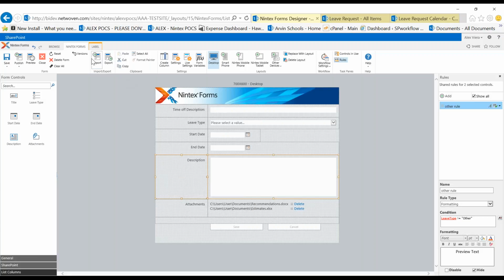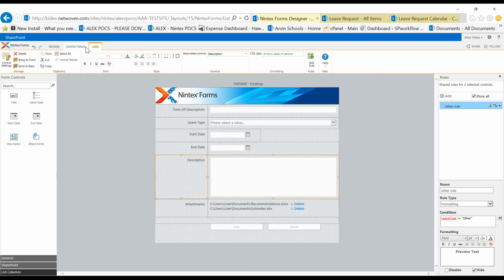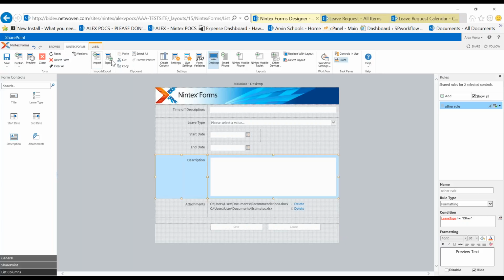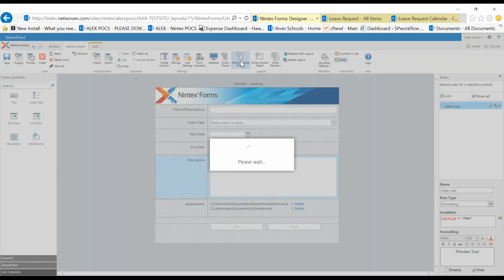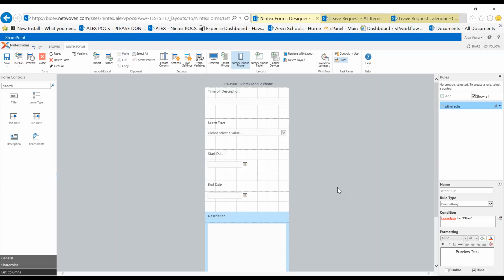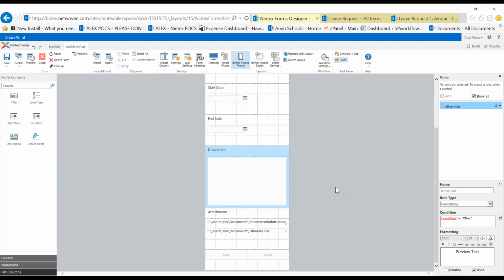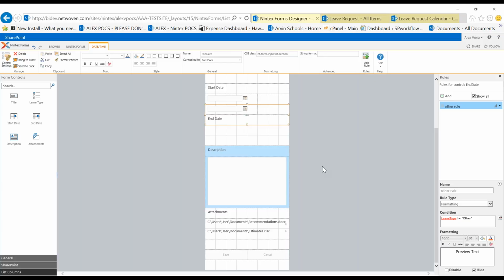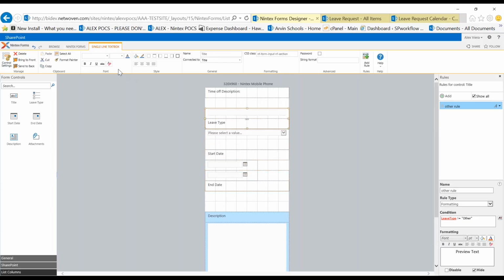There's a lot of different things I can do as far as formatting goes. When we take a look at doing something like painting information, maybe we want some special colors in here. There's all kinds of things you can do and move things around. Okay. I also have the ability, if I wanted to add something like the Nintex Mobile application, it will automatically generate a layout for me. I can start with this layout, and this is how it'll be generically, and then I can go in there again and move stuff around as needed. So you can do stuff like that.